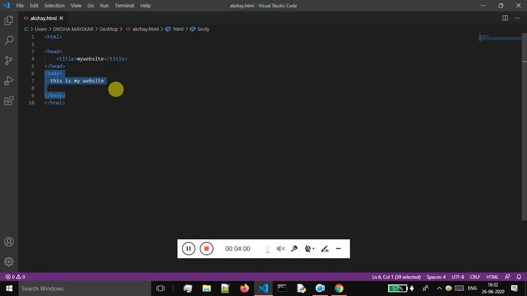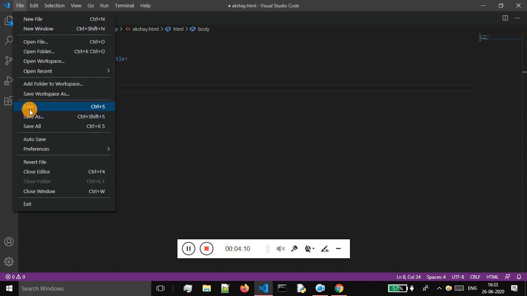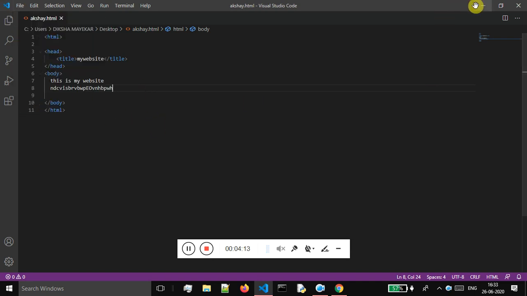Now if I am writing a few more things over here, I'm just providing the garbage value. Since I have made the changes to the file, I will save this file. You can save this with Control plus S, or you can save the file directly this way. And now I will come to my file, and I will refresh my page to implement those changes over here. I will refresh, and as can be seen, I'm getting that garbage value over here.